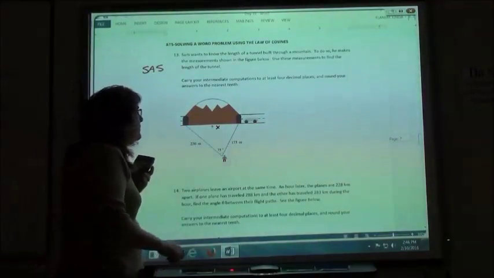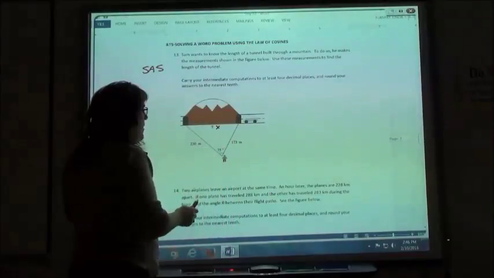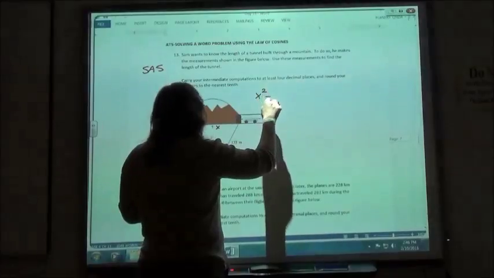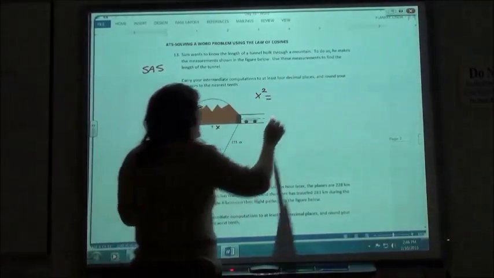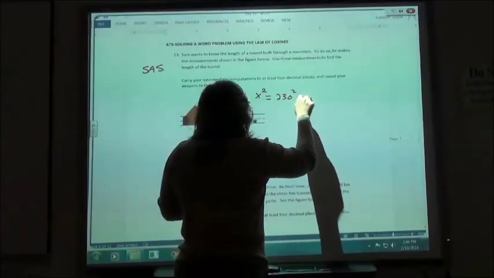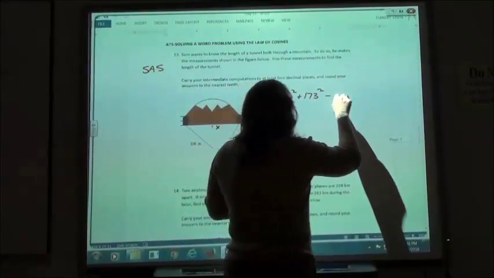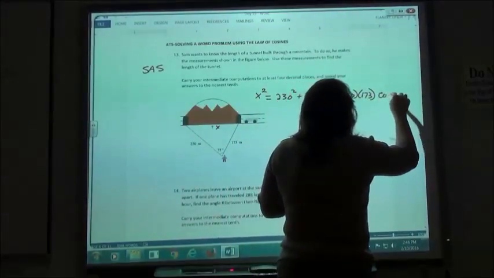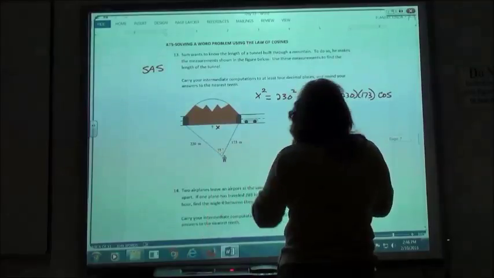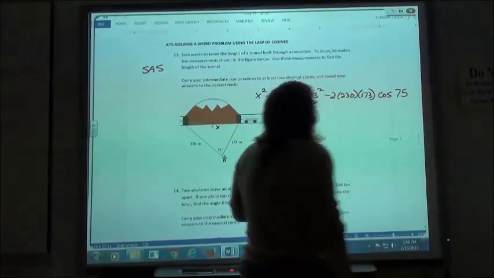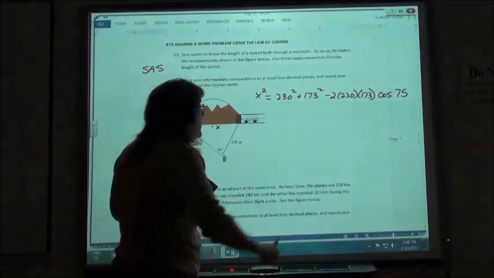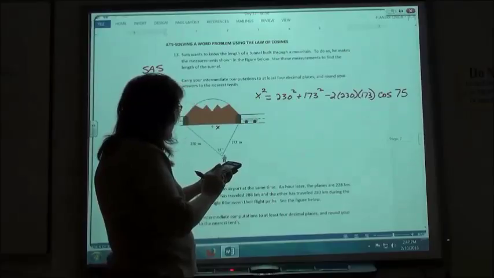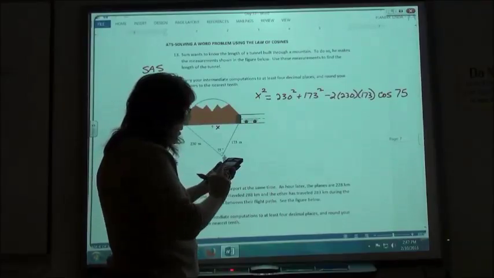So I have side, angle, side. I'm going to find this side right here. So I'm going to say x squared is going to equal, and it doesn't matter which is which, 230 squared plus 173 squared minus 2 times 230 times 173 times the cosine of the angle that's across from x, which is 75. So solving that, again, I'm going to put these two together first. So 230 squared plus 173 squared would give me